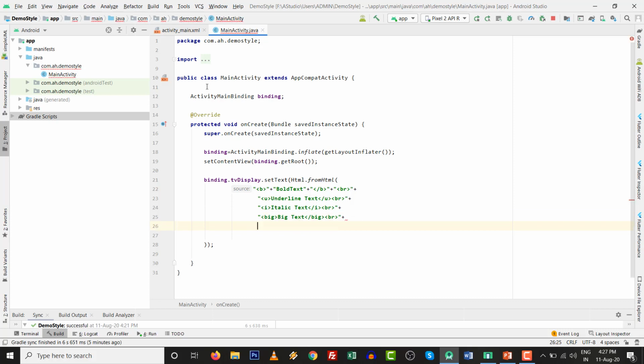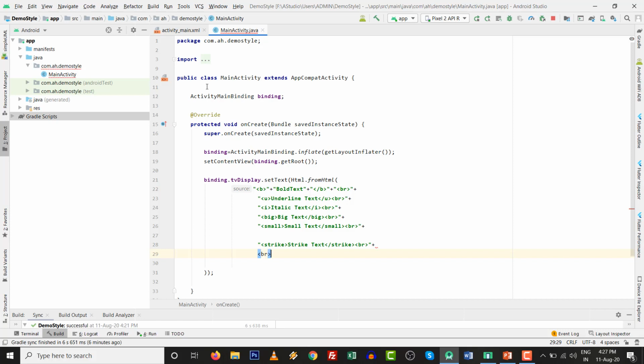I already added the br sign to this one. So big, and you know the tags of HTML, another tag is small. So you can set small text this way also. Again, I already copied the br tag, plus sign. Again, we are going to set certain other tags also. Likewise, strike, so strike through your text. If you want to set it that way, then you can write strike text.